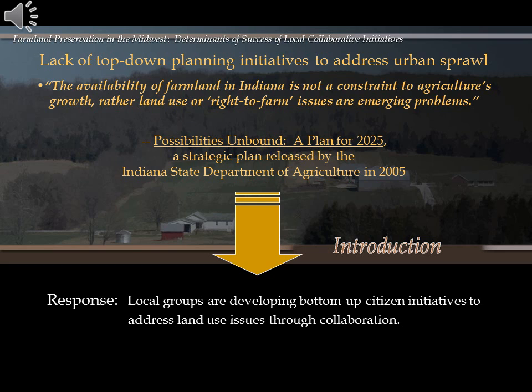When the state support fell away, and with it the federal support that required a state commitment to farmland preservation, what we saw was the emergence of these local groups. So these grassroots initiatives where citizens were legitimately looking at their county and looking at the quality of life impacts on their county from rapid development. It's not that these counties were really against all development. It was the fact that developers had way too much control and power in these situations.